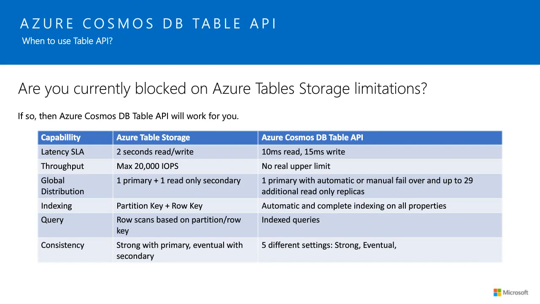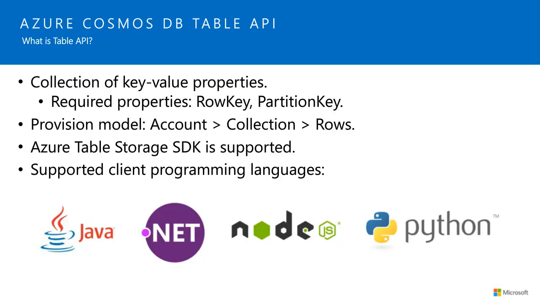So Table API is a collection of key value pairs. Collection API is a set of key value pairs. We only have two required properties, which is row key and partition key. Row key is a unique ID for every one of the rows, and partition key is a parameter that is used for the automatic partitioning that happens in Cosmos DB. This is the way Cosmos DB can execute horizontal scalability, and that feature is built in for all of the